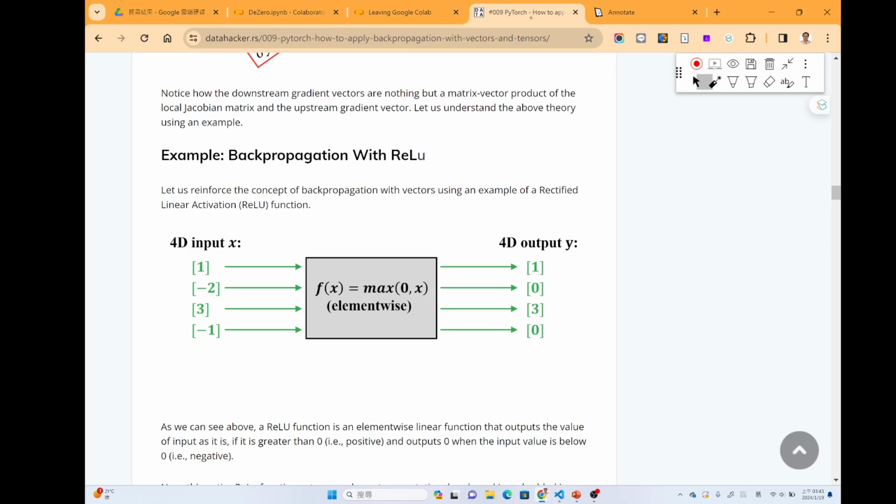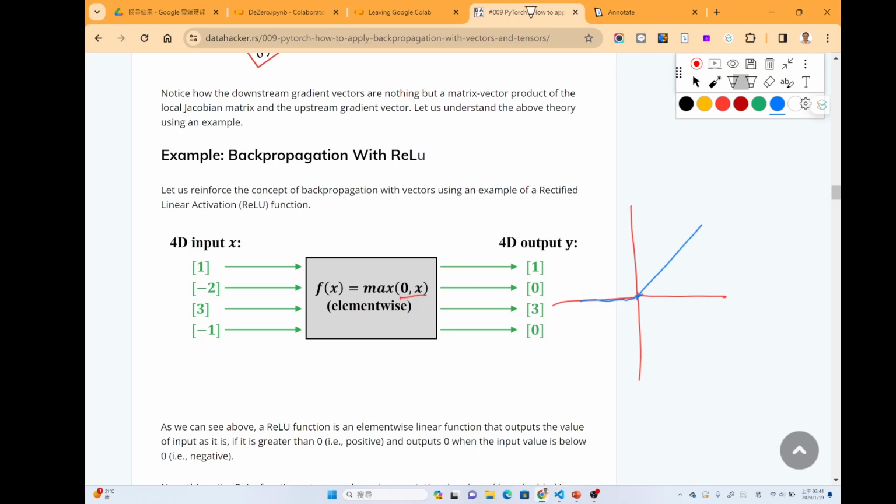In the ReLU function, the output is the max of 0 and x: if x is less than 0, it will be 0, and if larger than 0, it will be x.